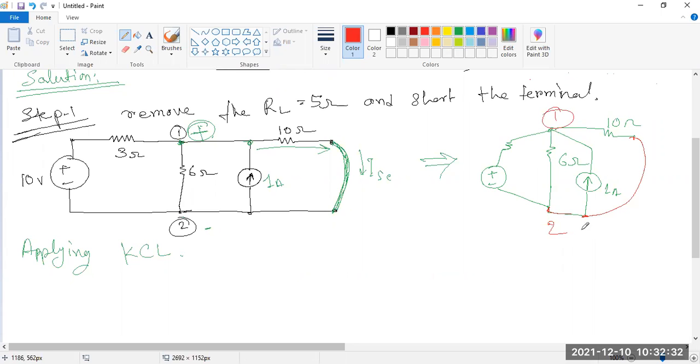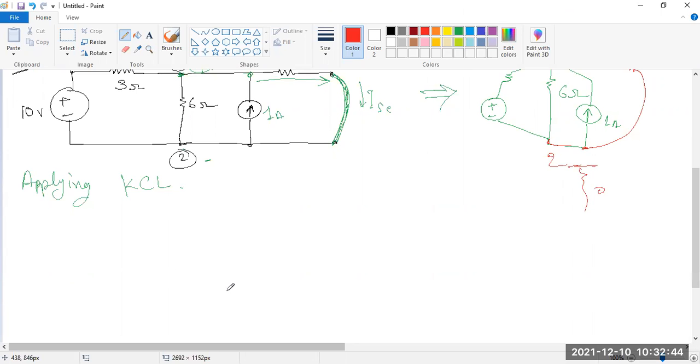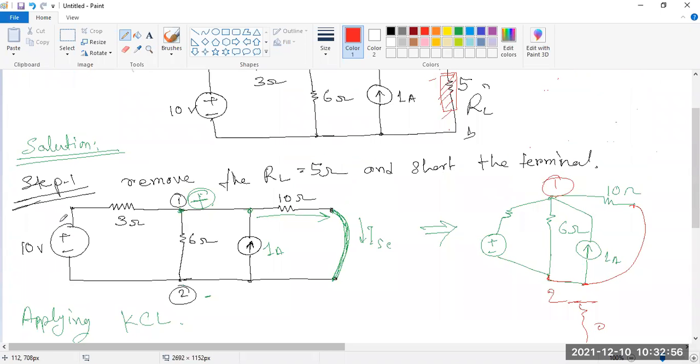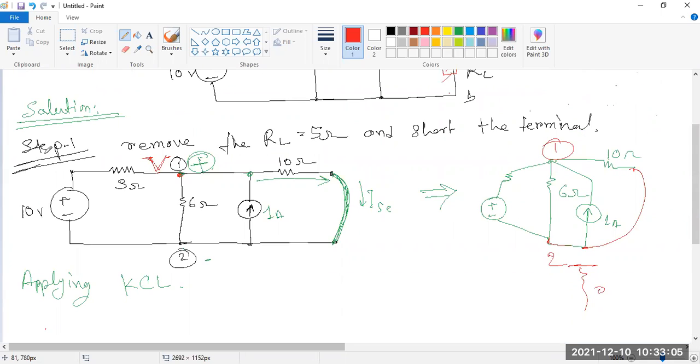This is the datum node, meaning it is 0, and this is the positive voltage, the higher potential. Applying KCL, we can first find the node voltage. The potential over there is V, so what will be the current? This current is the higher potential V minus the lower potential, positive, and that is why current is flowing over here.